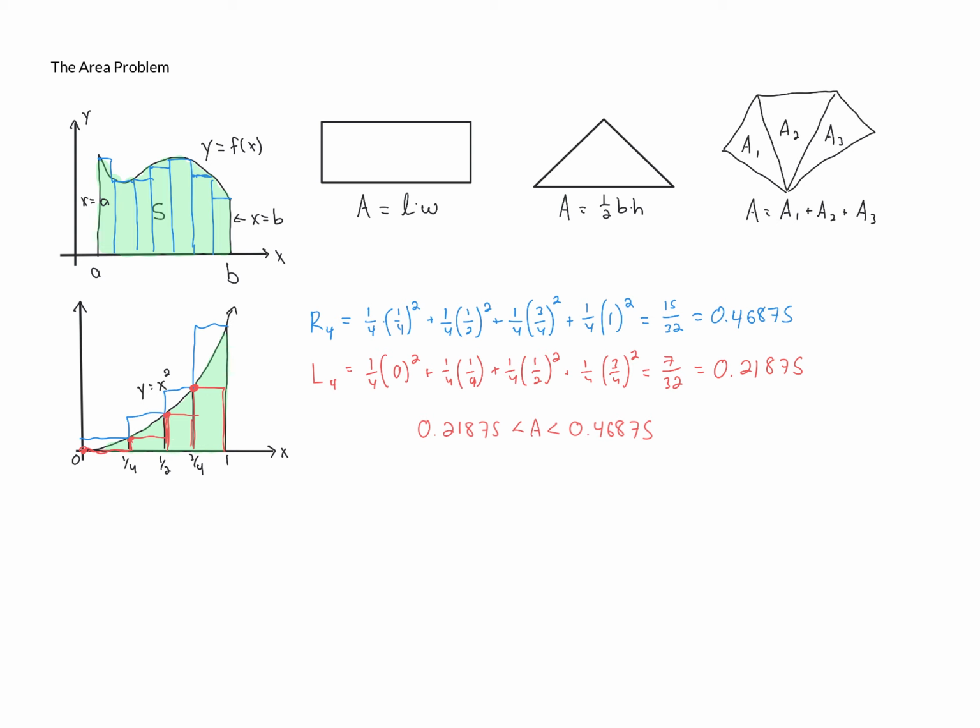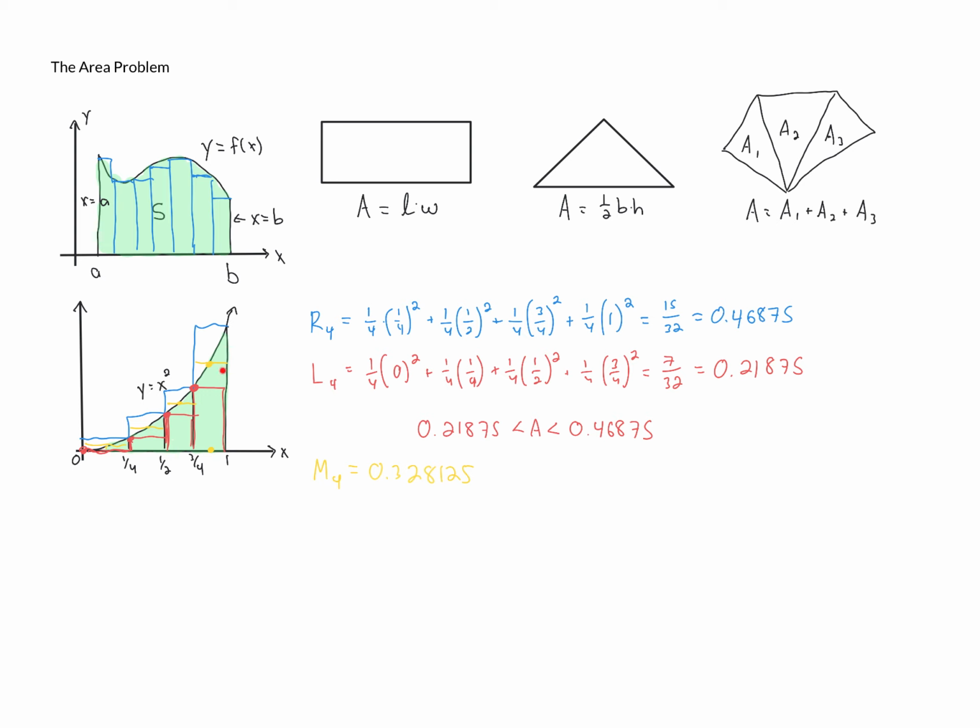Now, the question is, what can we do to get an even more accurate approximation? And there are several things that we could choose to do. One of the things that we could do, instead of using left endpoints or right endpoints, we could use midpoints. We could say, for each one of these, you take the middle point in the interval and you use that to figure out what the height is. So you could use rectangles where you take the height from the midpoint. And if you happen to do that with this problem, you would get 0.328125, which is in between these two numbers, and it's probably a better approximation because you can see if we use